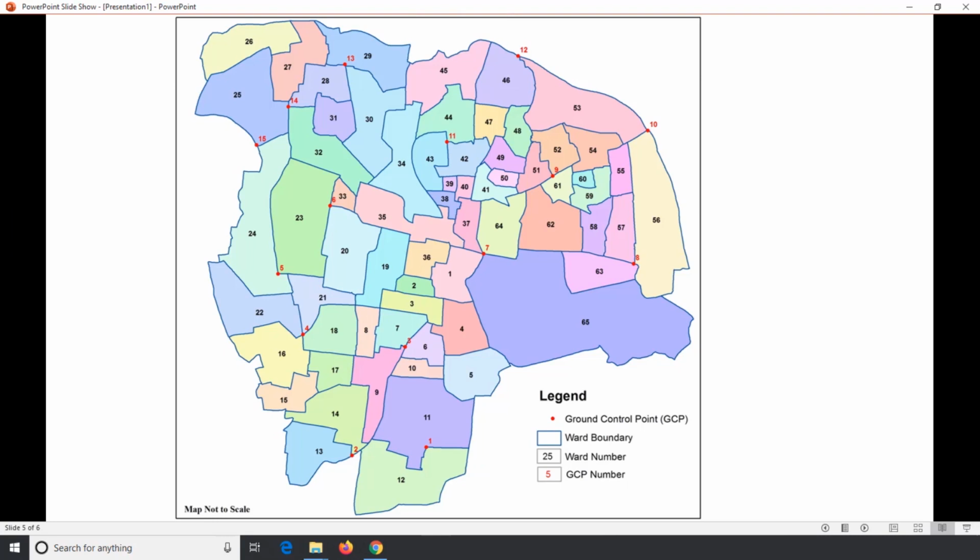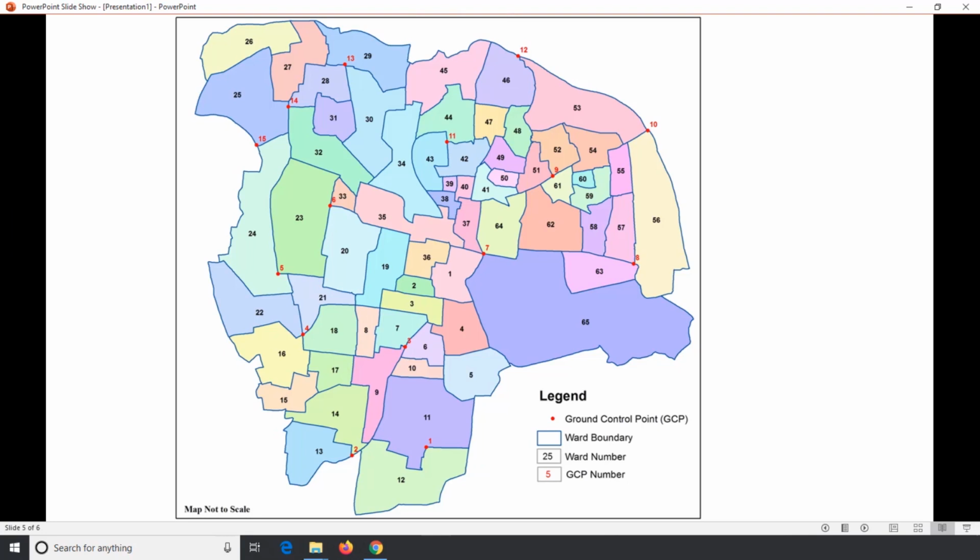It is important to note that the selected GCP locations should be available on our map as well as on the ground. The GCP location should be a permanent feature on the ground, for example, a road junction or building corners. GCP locations should not change over time, like the boundary of a water body or temporary shelters. In our case, the locations are selected at the intersection of two ward boundaries or corners of ward boundaries.